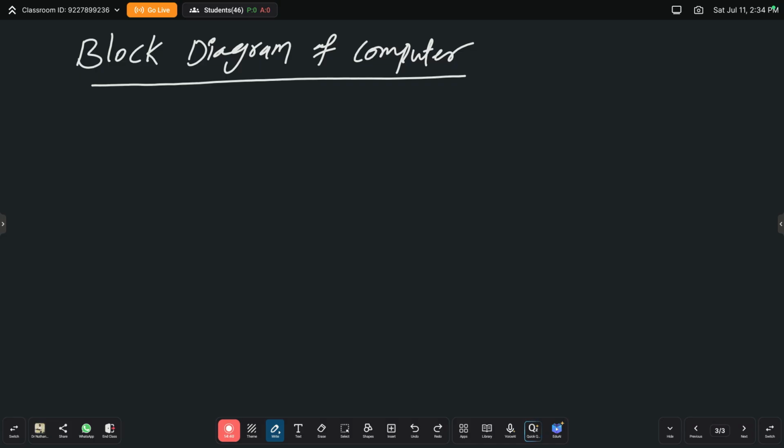Everyone knows this. What is a block diagram of computer? Generally, as just now we have discussed, always your computer expects input. So you are going to provide input through